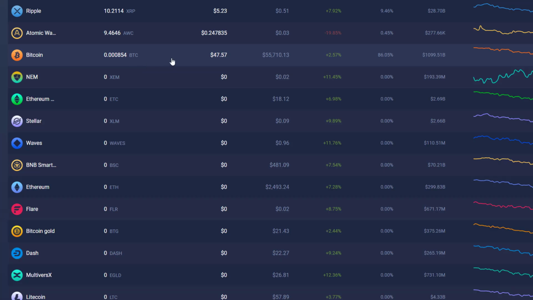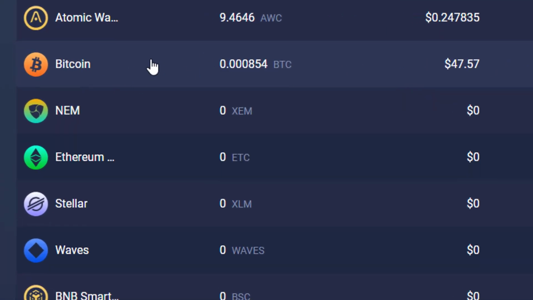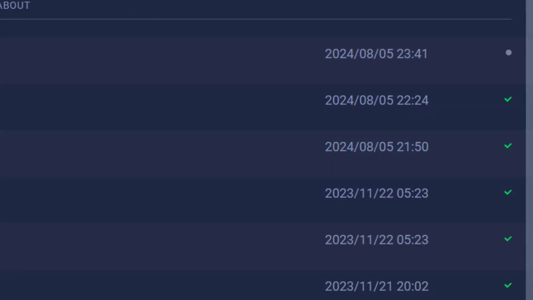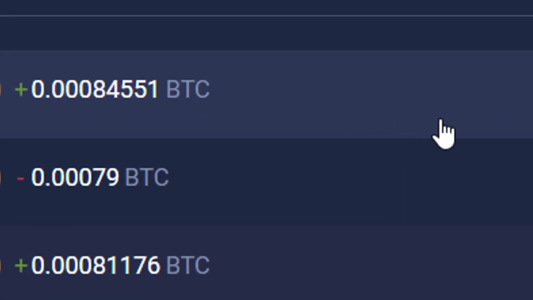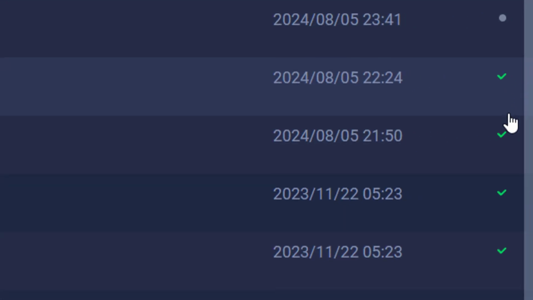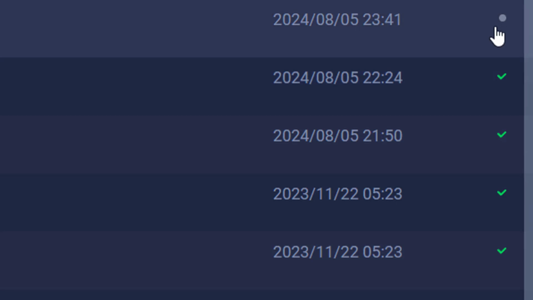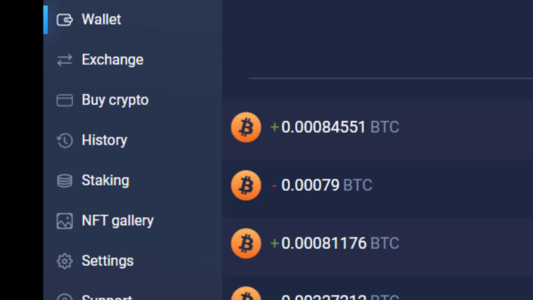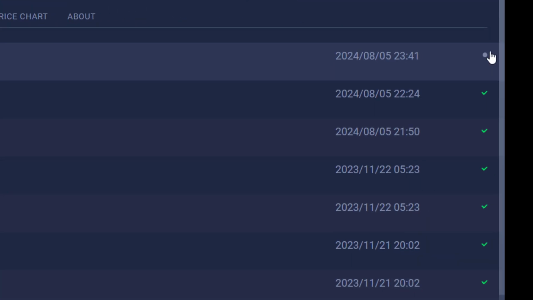Now, when I come back here, I'm going to click in this section again on atomic wallet.io, and this is going to show me all my transactions. This is the one I'm waiting for. How do I know? You see how all of these other ones have this little green check mark? That tells me those transactions are completed. This transaction with the Bitcoin being sent to me is not yet fully verified, so I can't swap it just yet. I'm going to be waiting for this to have a little green check mark. That's how that works in Atomic wallet.io.